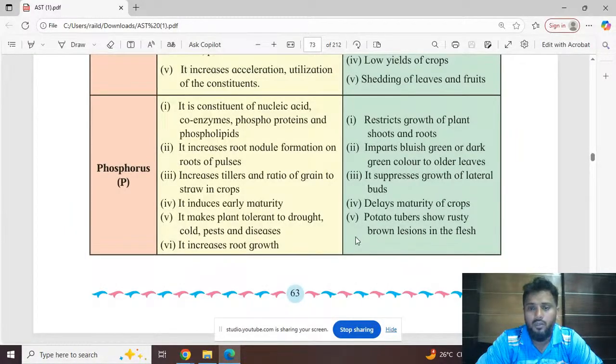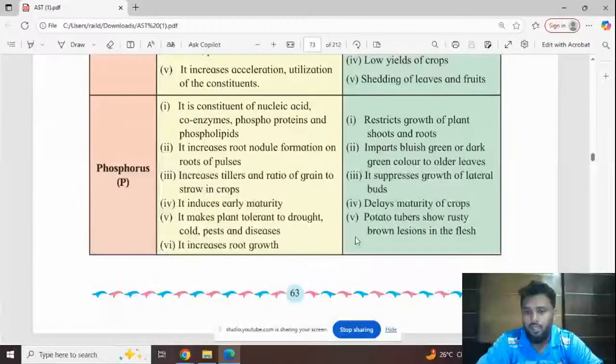If phosphorus content is low in the soil, then it is going to restrict the growth of the plants, that is especially fruits and roots. As we discussed, phosphorus is good for the root development of the plant, so the growth of the roots will be restricted. Then its deficiency imparts bluish green or dark green color to the older leaves. We all know that older leaves have light green color, or they show us a little bit yellowish color. But if phosphorus